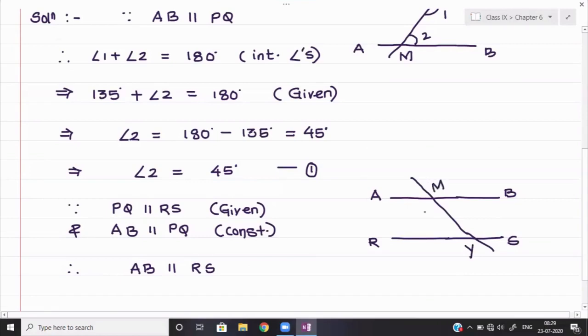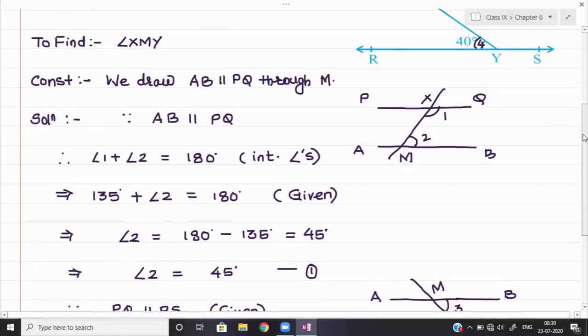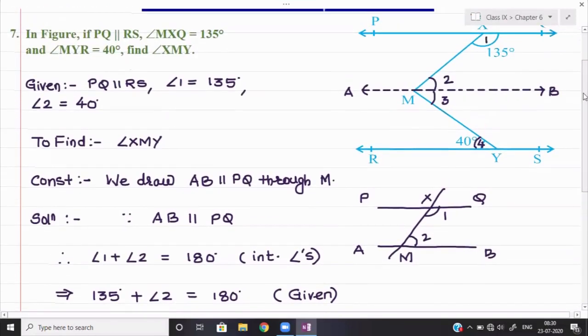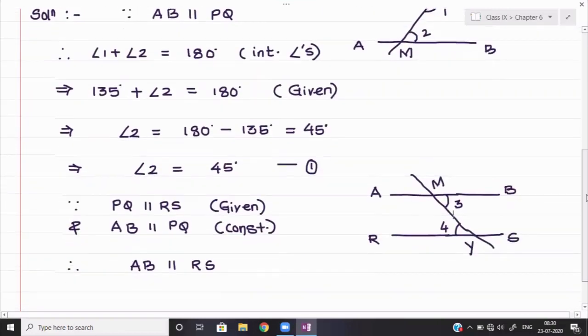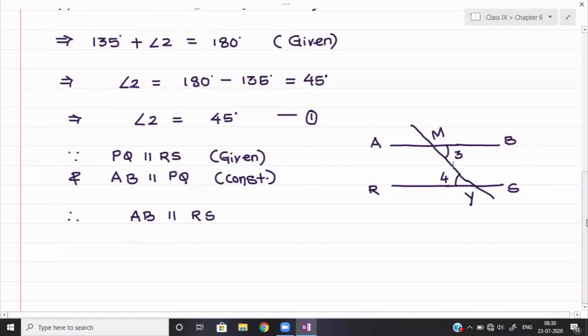Okay, this point is Y and this point is M. Now observe this angle I am talking about, and this angle. This angle is angle number 4 and this angle is angle number 3. Look at the main figure, and I hope you can locate angle 3 and angle 4 easily. Can we locate them properly? Now can you tell me angle 3 and angle 4 are which kind of angles? Angle 3 and angle 4 are alternate angles, and if lines are parallel, alternate angles are equal. So angle 3 would be equal to angle 4.